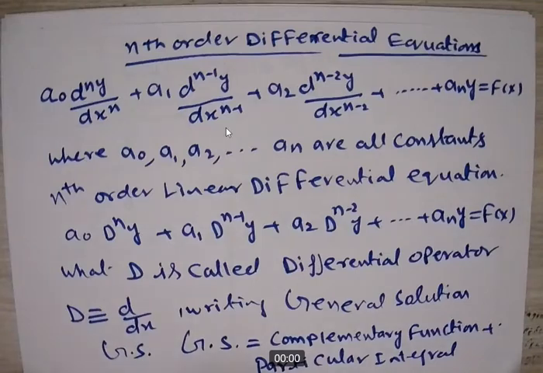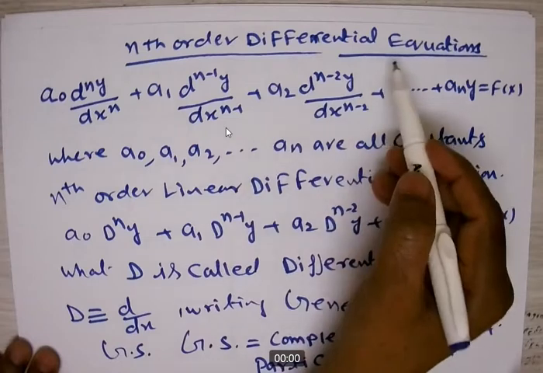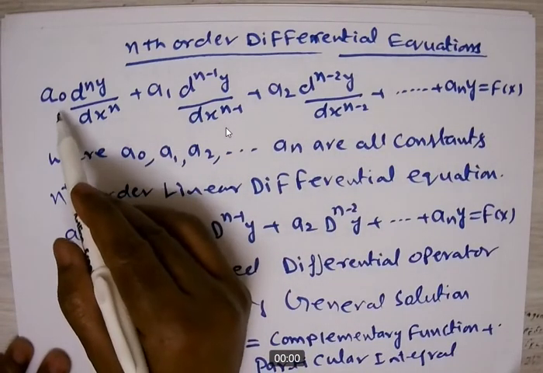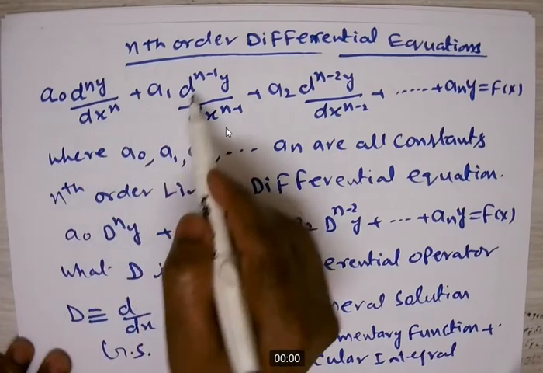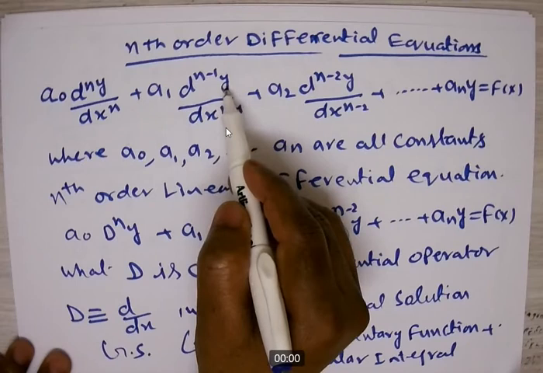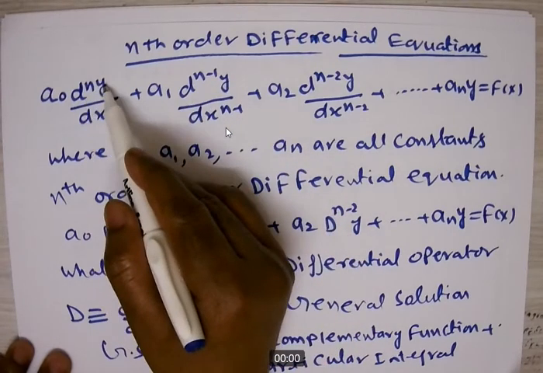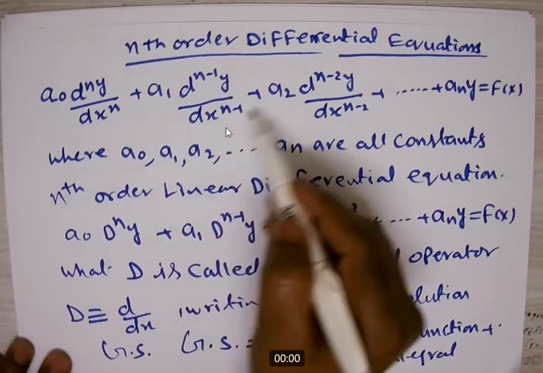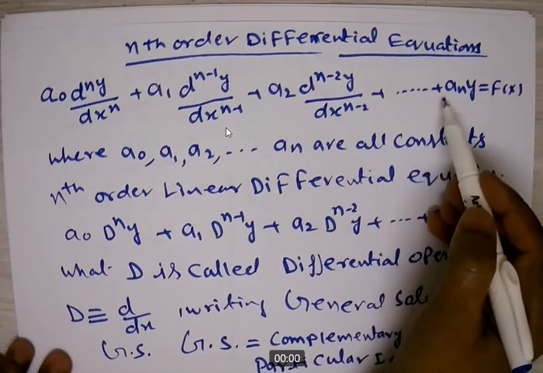Yes, my dear friend, today I am going to explain nth order differential equation. The standard form of nth order differential equation is this one: a0 d^n y/dx^n plus a1 d^(n-1) y/dx^(n-1). This means that nth derivative of y with respect to x, n minus 1th derivative of y with respect to x, plus a2 n minus 2th derivative of y with respect to x, plus and so on,